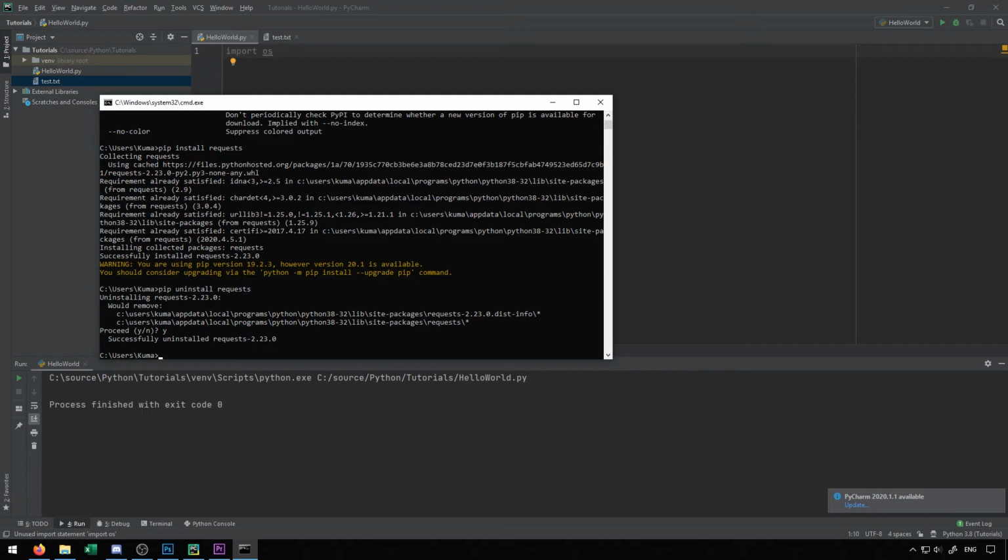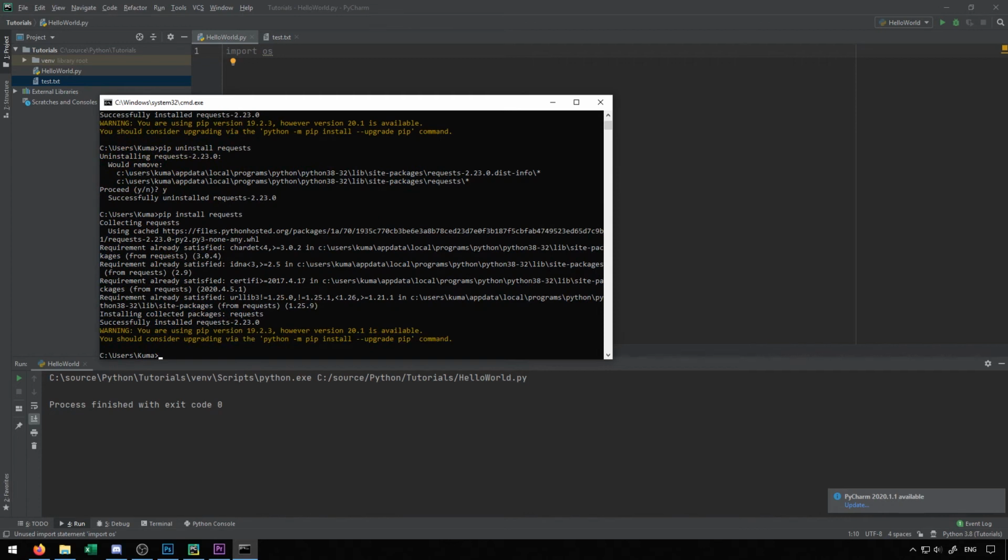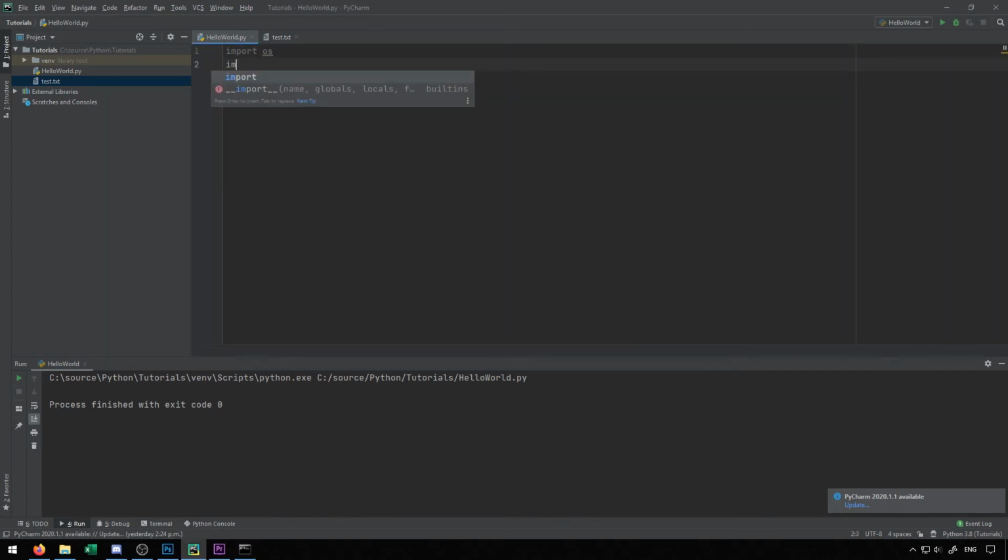Now, there are a lot of different things that you can do with pip. You can install different versions of different packages as well. I just wanted to show the general idea of what pip is used for and how we can install packages. That way, if you take a look at other videos that involve custom libraries and that sort of thing, you'll understand pip to a level where you can install those packages confidently. And just to demonstrate, if I install requests, I can then come over here and I can just import